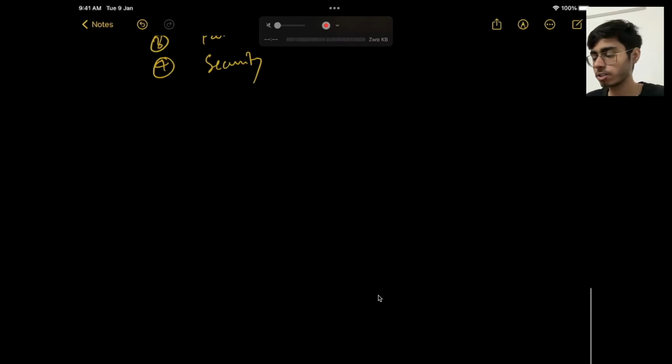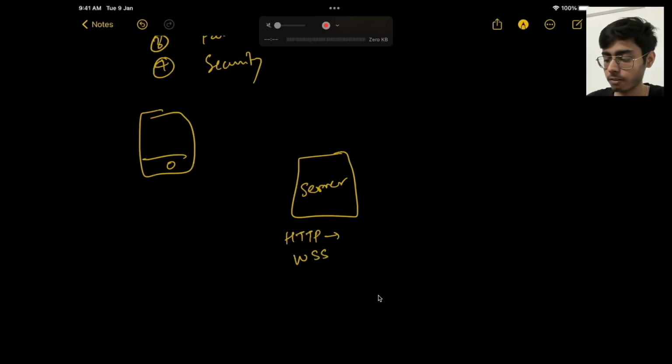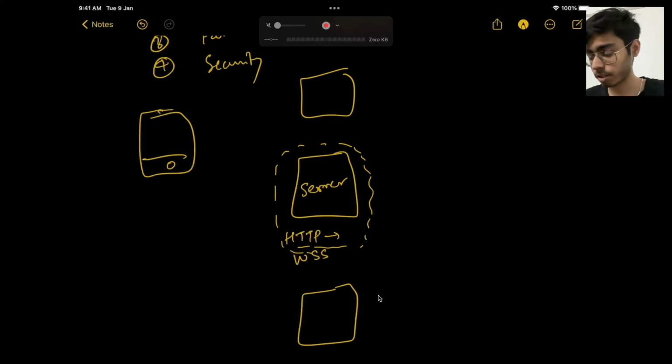For high level architecture, we know that we will have a server that will be upgraded from HTTP to WSS, that is WebSocket Secure, right? So it needs to be an upgradable server. And we have your client over here, and definitely you can have a load balancer for handling the multiple users at once. You can have multiple services, right? I've already explained that. So let's just worry about this one single server that is upgradable to WebSockets, a WebSocket server.